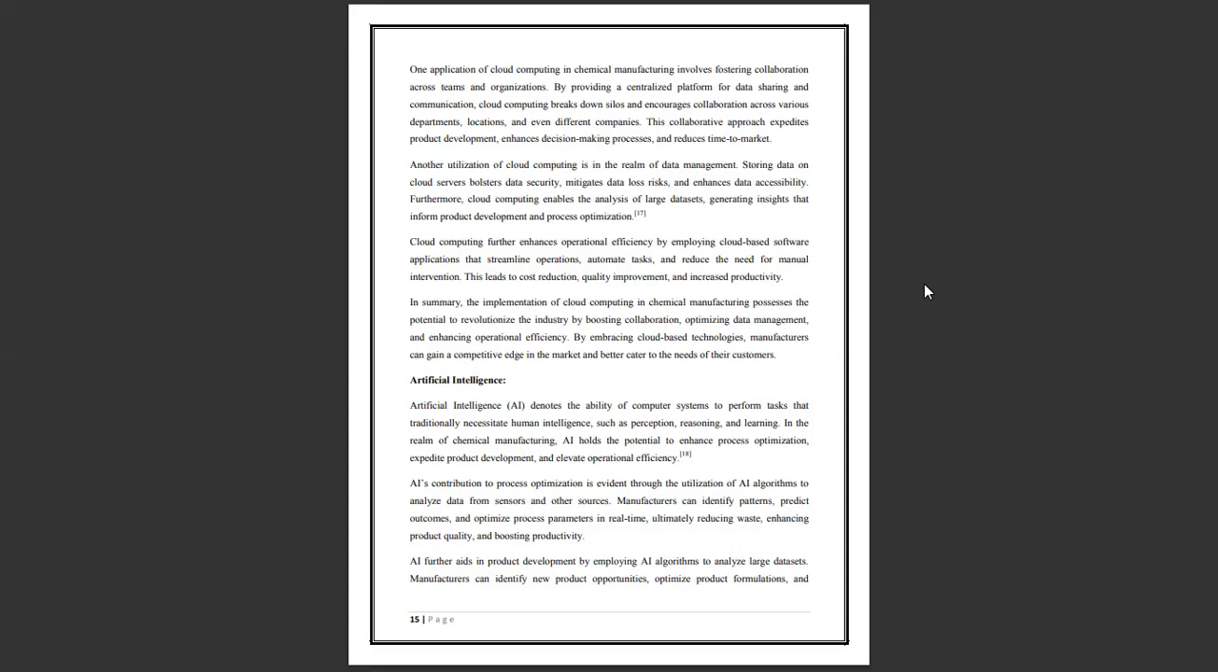The next trend is artificial intelligence. It denotes the ability of computer systems to perform tasks that traditionally necessitate human intelligence, such as perception, reasoning, and learning. In the realm of chemical manufacturing, artificial intelligence holds the potential to enhance process optimization, accelerate product development, and elevate operational efficiency. Artificial intelligence's contribution to process optimization is evident through the utilization of AI